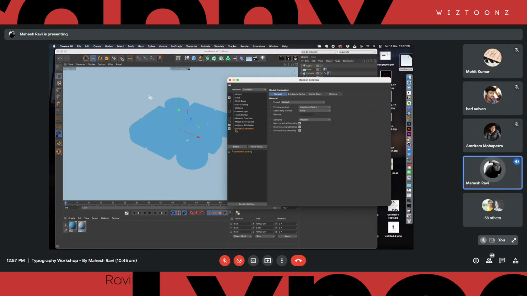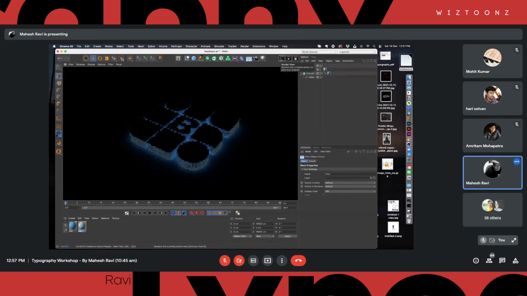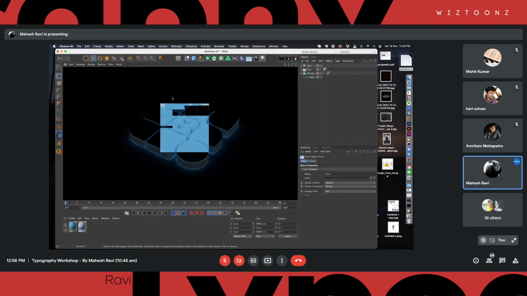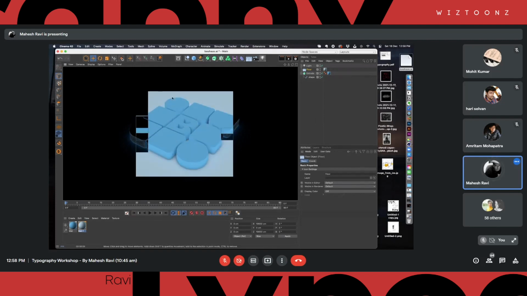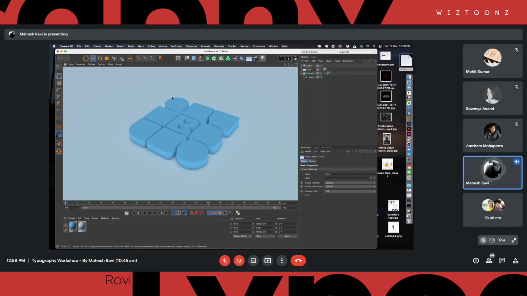So you're going to turn that on and then close it. And let's render it right now and see how the result is going to be. It's going to take some time because it is going to calculate all those things that we said. Now, can you see all the effects there? The inner shadows, the other objects actually lighting up the other objects, and everything is actually coming into play right now, right? So this is some basic setup that I do whenever I'm working with 3D, especially typography and all those things. But I'm not done with it.